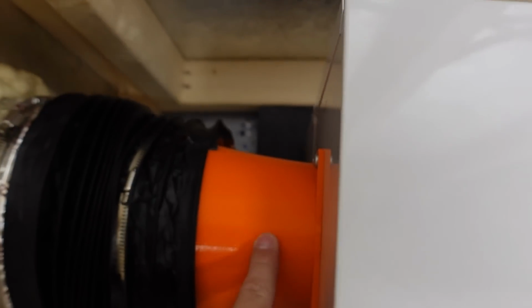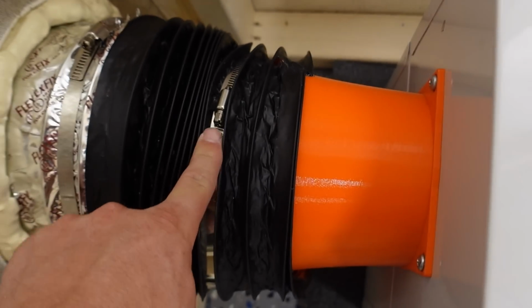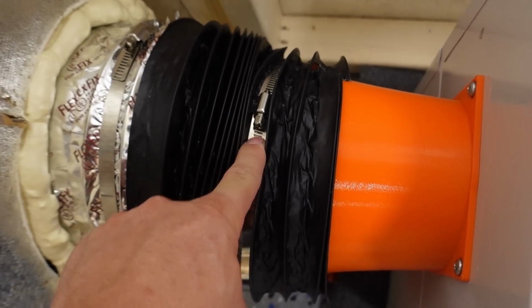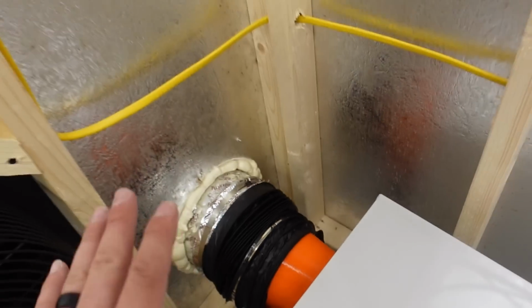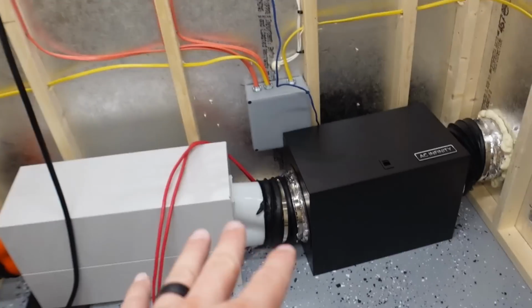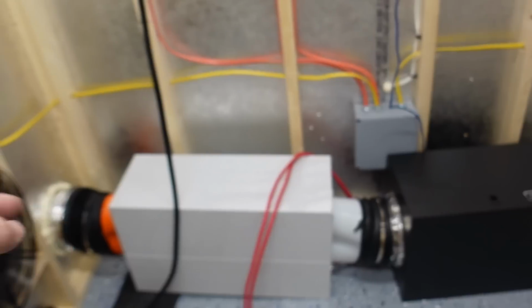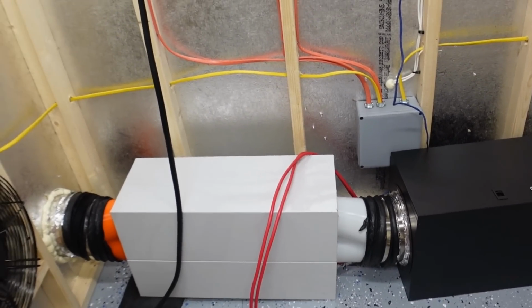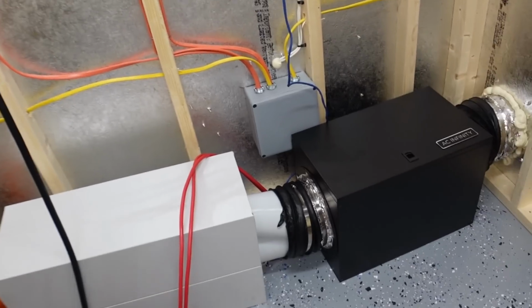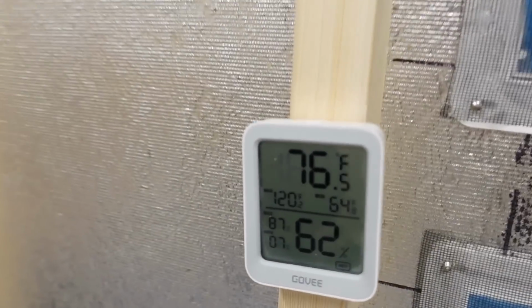From our box, it's going to flow into our second adapter, which is then going to meet up here. And then from there, it's going to meet up with our exhaust ductwork going outside. So I will tape everything once we've gone through this. I did just want to get the hose clamps in place so I could do testing. And then for sound, really, we will be checking temperature, but I don't have any concerns, especially when it's 76